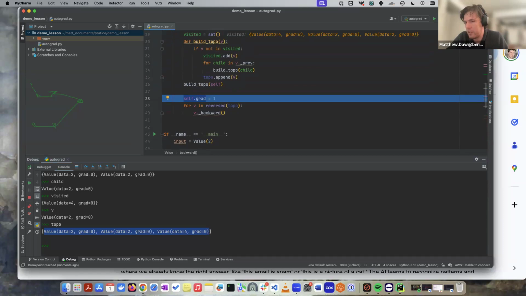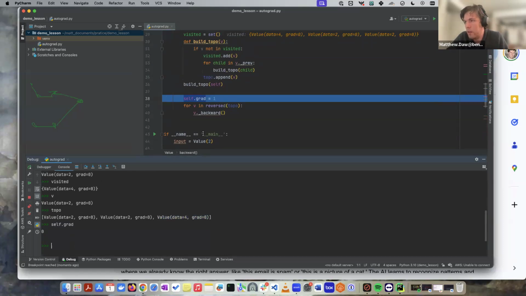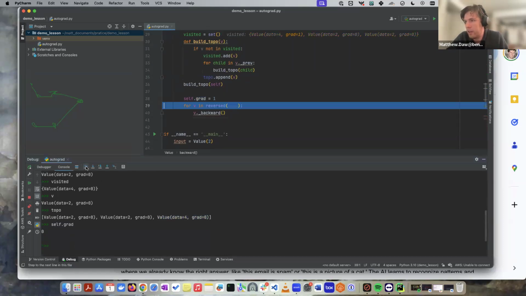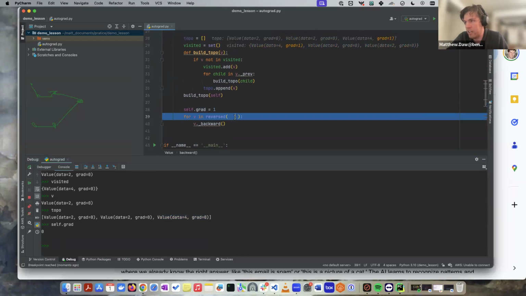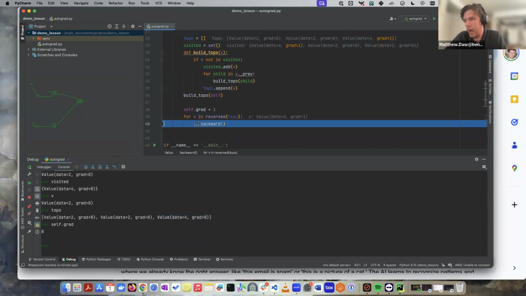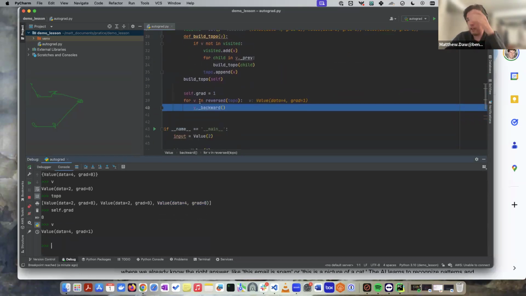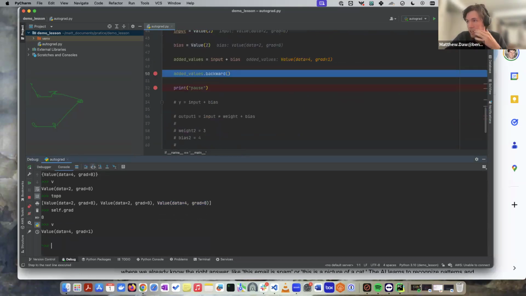But yeah, and so I declare my grad to be 1. And then I go into everything aside here, and I calculate the derivative, okay? So first I reverse the list, so that way we're starting at the end. And then I calculate backwards. So to calculate backwards, I go into,